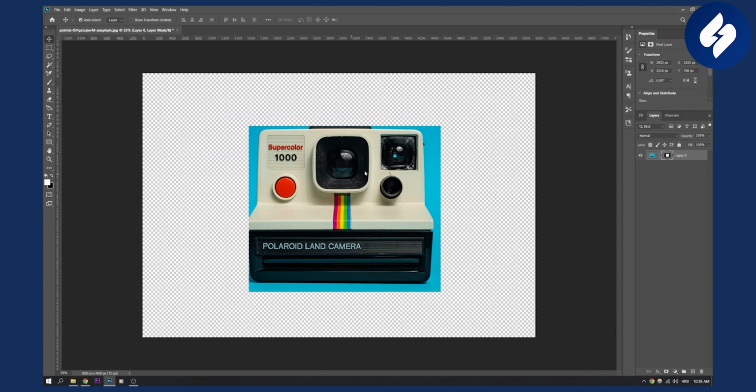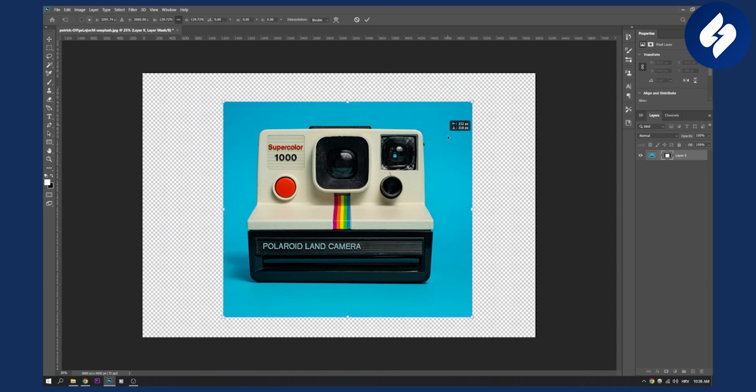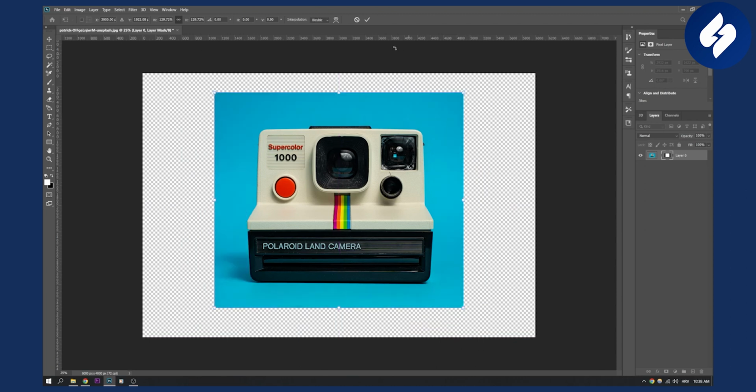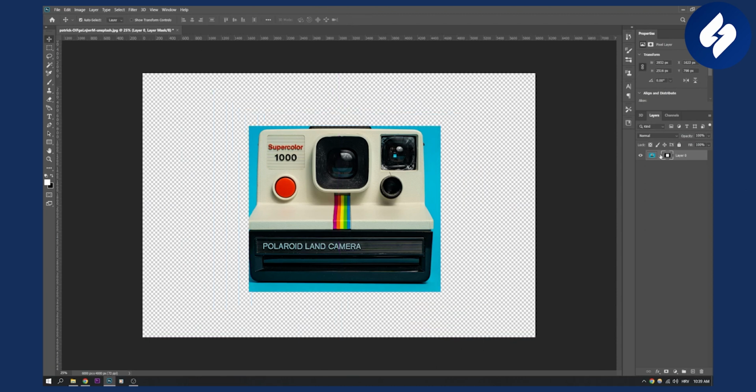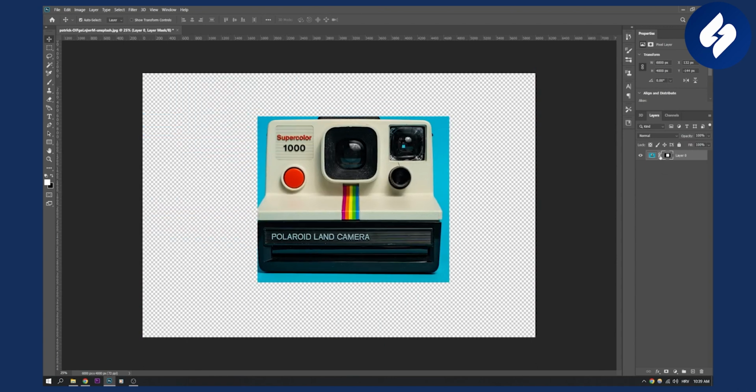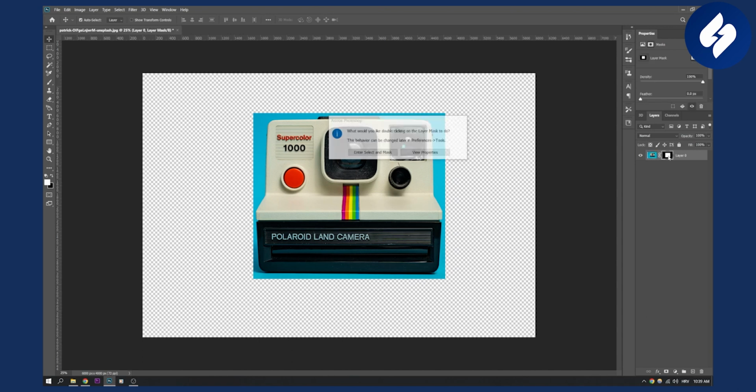If I unlink them, I can press Control T. I can make it like this, right? I can change it, or I can just remove that and link them again, right? And then once they're linked, that's it. But if I unlink them, I can go here and just center this, and then link them back, right? To link them, basically. And then I can also go here, double click on it, enter Select and Mask,